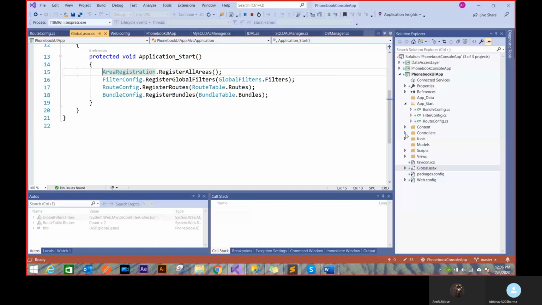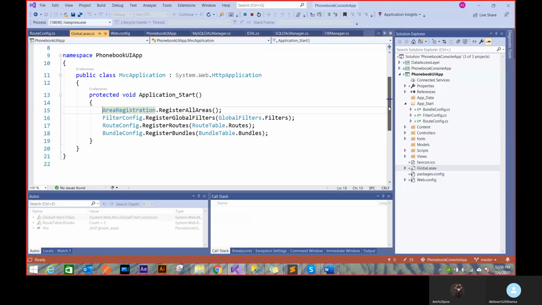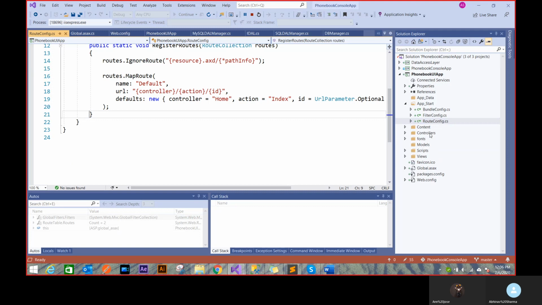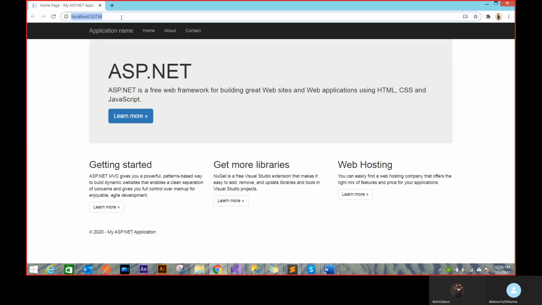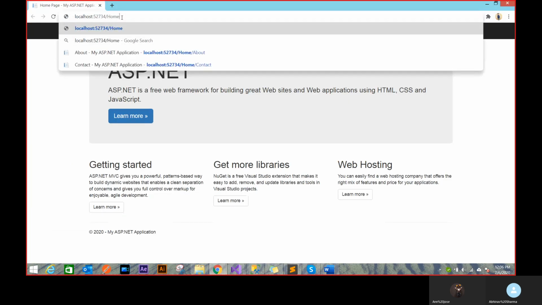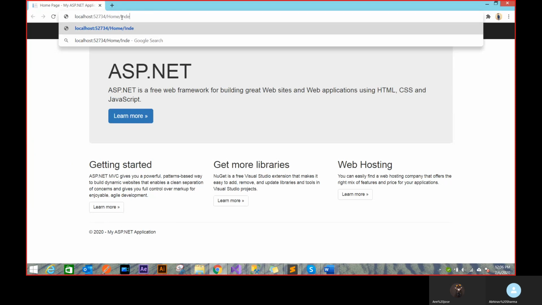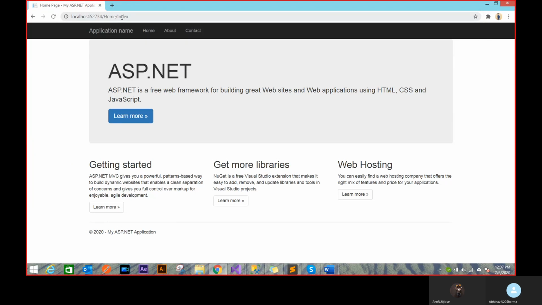Now what's going to happen is, let's go with the routing. So see how route is going to hit my controller. I don't know that. There's no way I can put a breakpoint anywhere, because I can only see my route. I know where the controllers are, but I don't know how this thing connects to my controller. That's on the framework side. But what I know is, if I write this, my home is my controller, index is my action, it's going to hit my home controller with the index action.